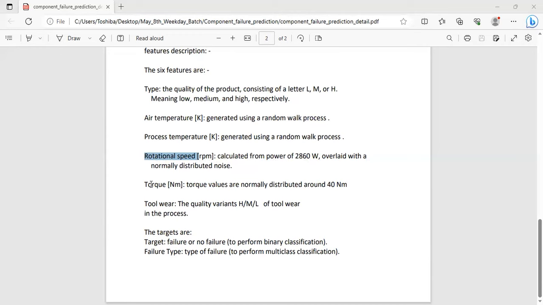And torque is also one of the components here. The torque value is in Newton meters, and it has been distributed around 40 Newton meters. Okay, so torque is the rotational equivalent of linear force that causes an object to rotate. It helps an object to rotate. Okay, so these are all the components. Rotational speed is there, torque is also there, and we will also see the relationship between torque, rotational speed,